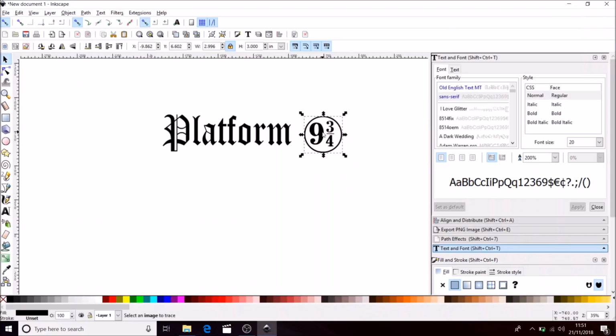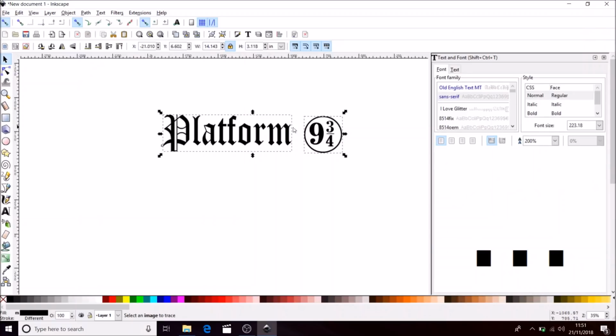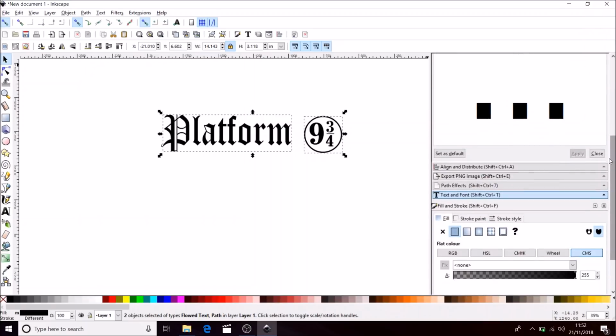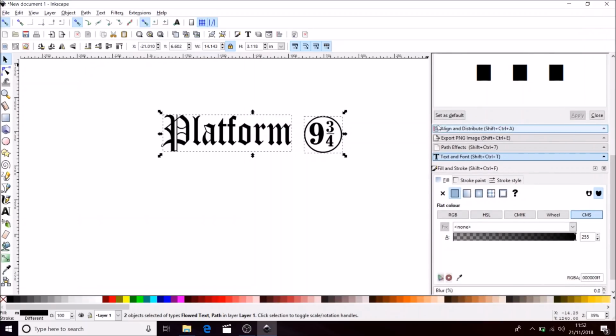Now we have layout, and we kind of want to have the 9 3/4 centered on the platform. So first thing I'm going to do is highlight the 9 3/4. I'm going to hold the shift key, and come and tap on the platform, which will then highlight both of them. Now over here on our right hand side we have a list of boxes. Our top one is going to be align and distribute. So I'm going to go and tap on that,